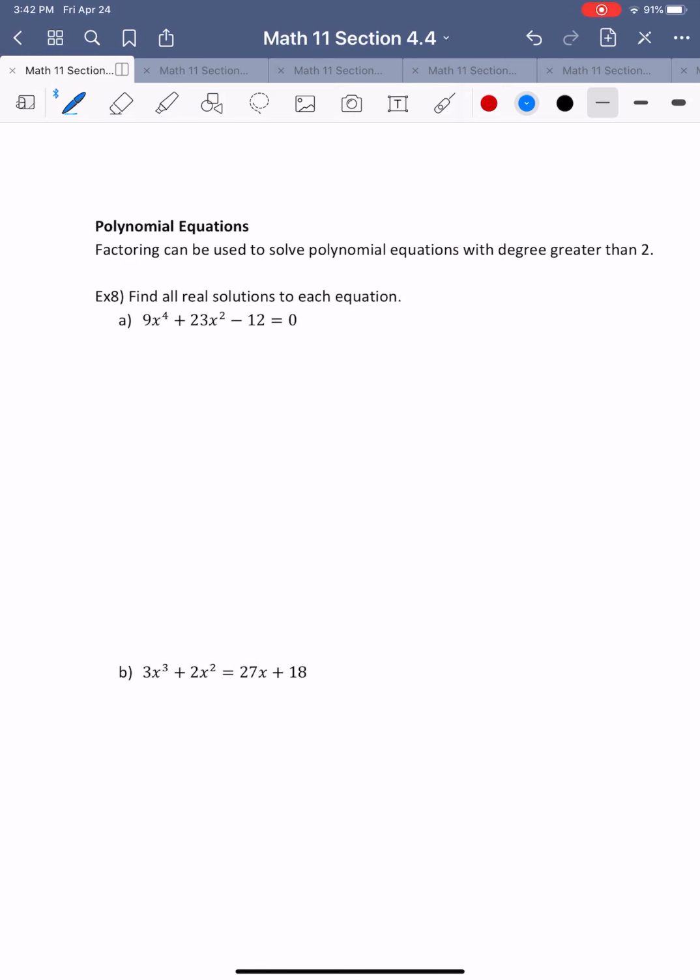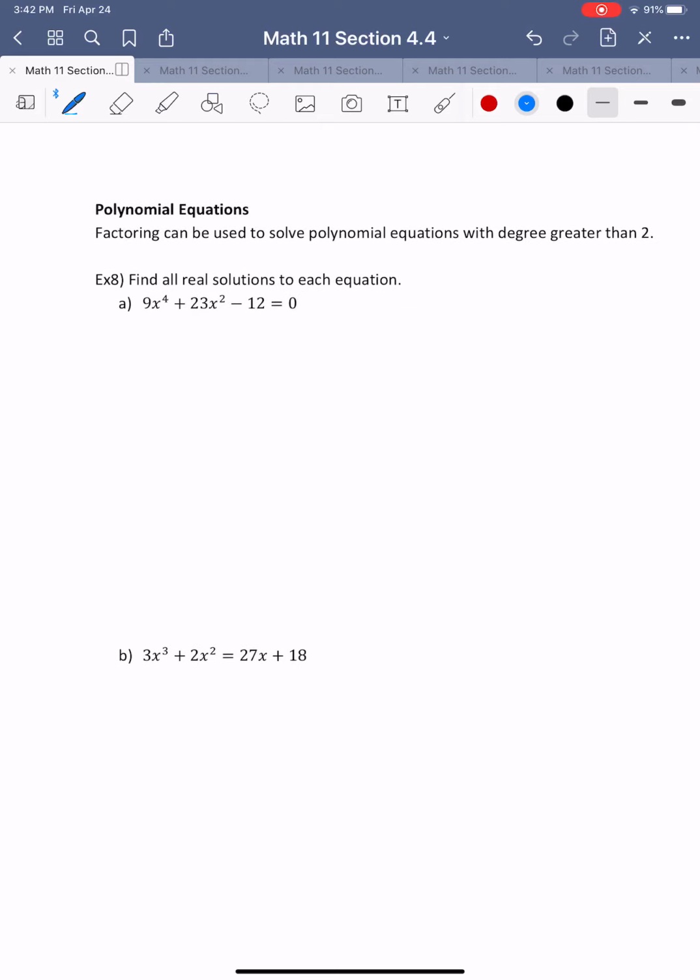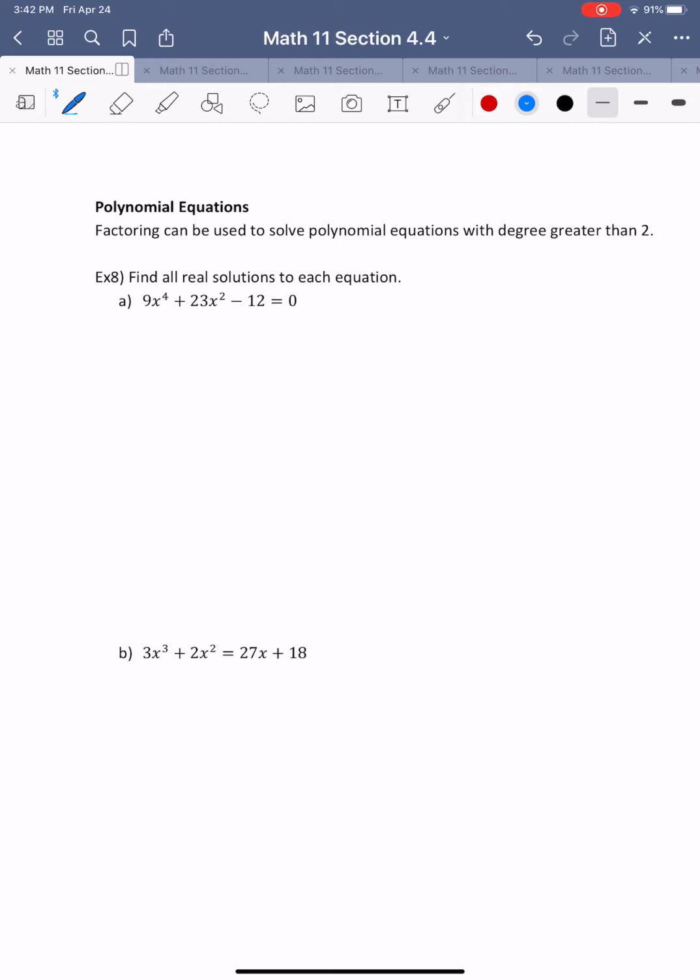Alright, so next problem. Factoring can be used to solve a polynomial equation with a degree greater than 2. Find all solutions to each equation. You can use factoring, or you can find the possible rational zeros and also use Descartes' rule. But this one, I think, is factorable. First of all, there is no GCF, but this is actually in the form of a quadratic equation. So I think we can factor it into two linear forms,